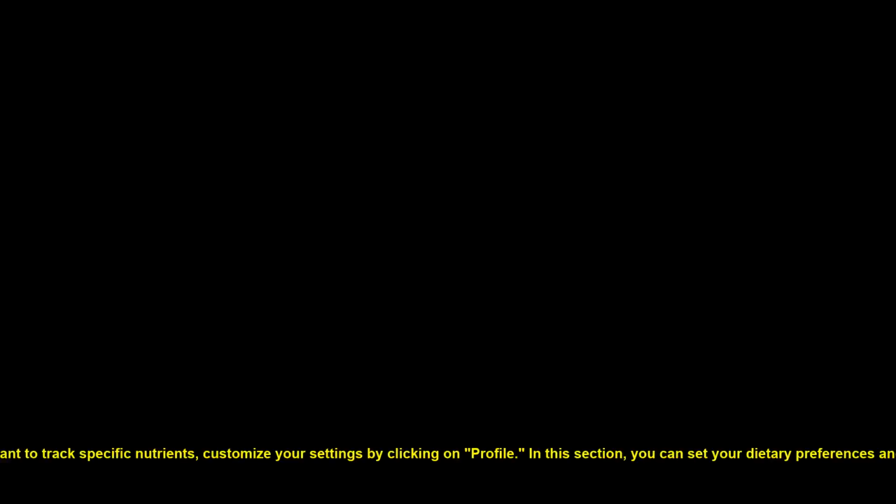To view your nutrient breakdown, click on the Nutrients tab. Here, you can see how well you're meeting your daily nutritional goals. If you want to track specific nutrients, customize your settings by clicking on Profile. In this section, you can set your dietary